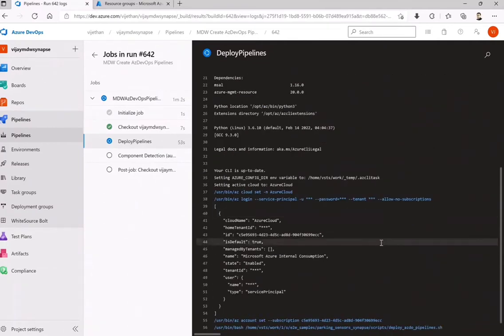It is now setting our internal context of Azure DevOps, and then it has fetched the script.